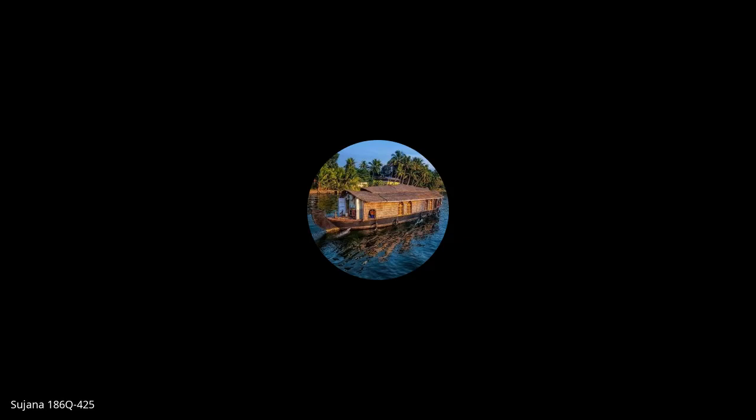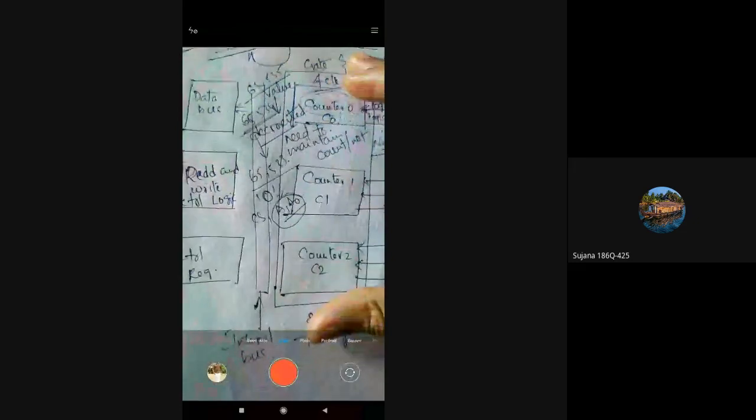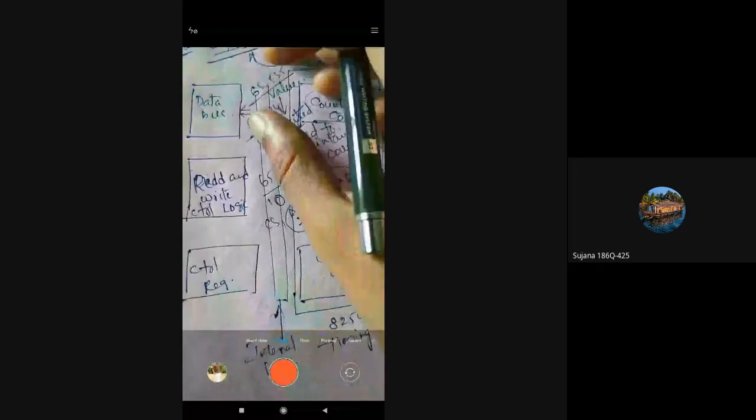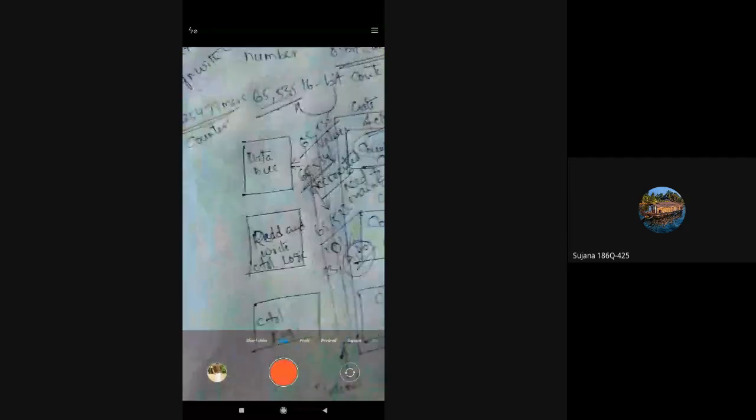So this counter will connect to the bus, the read and write logic and the control register of the processor through an internal bus structure. Through an internal bus structure, the counters, that is nothing but the timing circuit, will get connected to the data bus of the processor. This data bus contains data lines D0 to D7, which the data bus buffer can accommodate. So the count value will be synchronized with this processor.